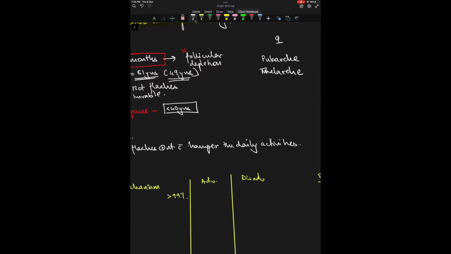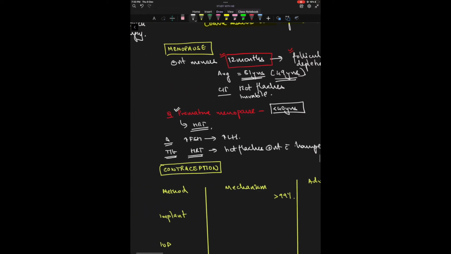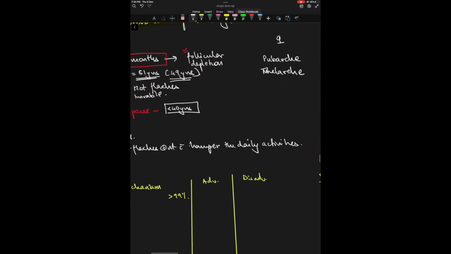Also, there is risk of cardiovascular morbidity and mortality with long-term use and high dose. Therefore, it is not given to every female. Very important to know